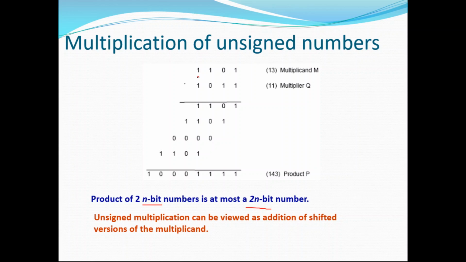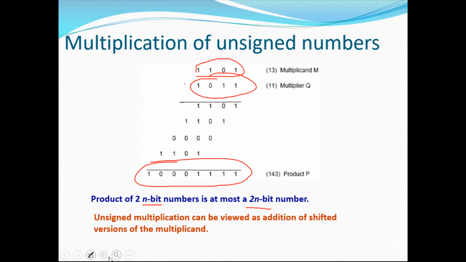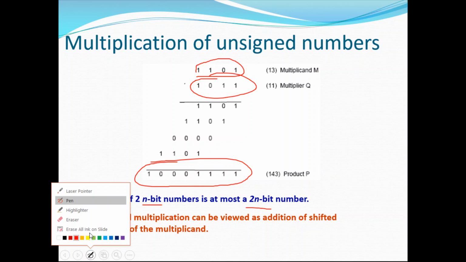Here we have multiplied two numbers each of 4 bits, and the product contains actually how many bits? You can see here 8 bits. 1 2 3 4 5 6 7 8, right? So this is basically the human way of elementary multiplication, but